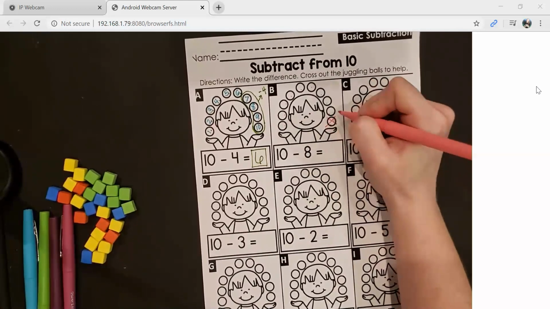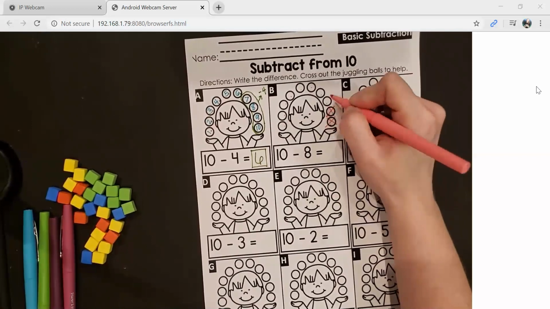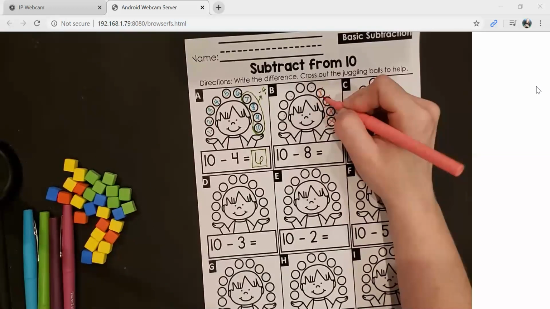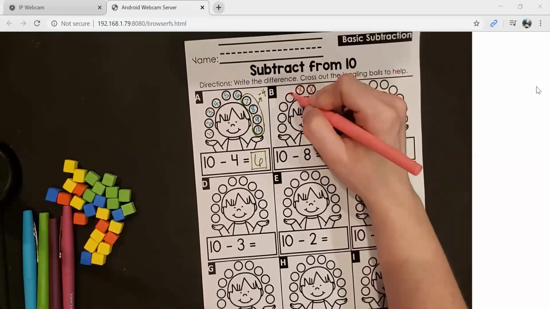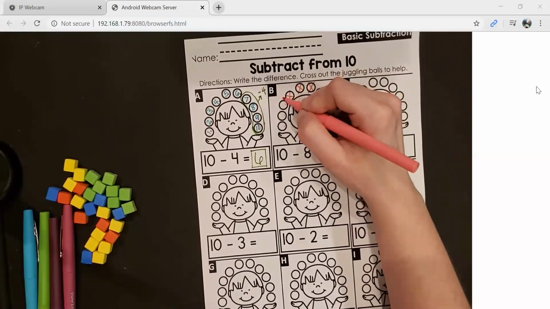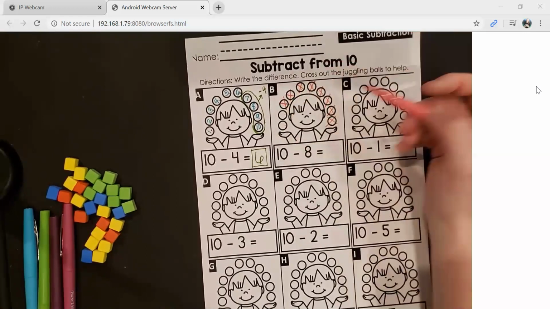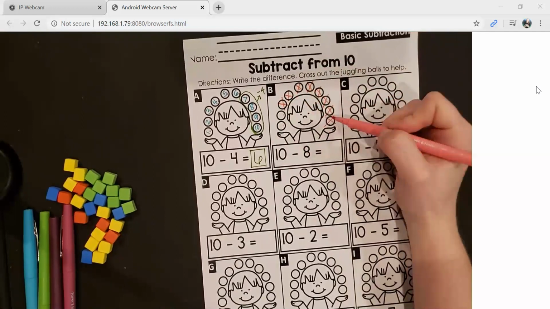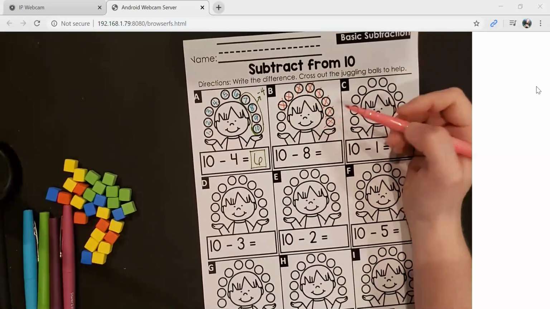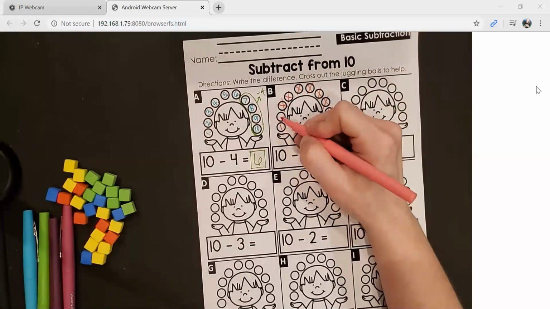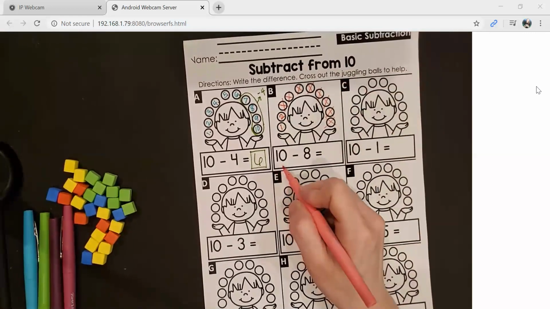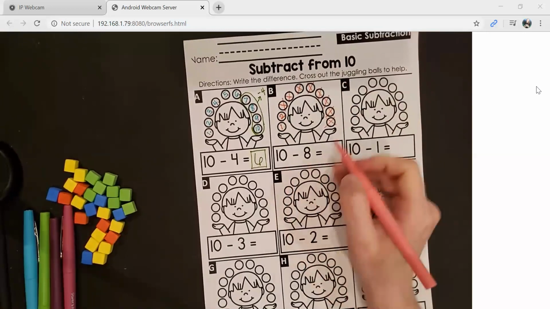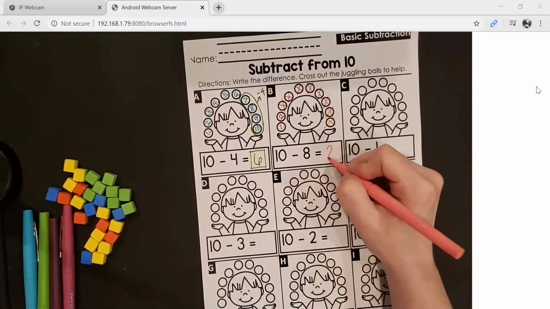1, 2, 3, 4, 5, 6, 7, 8. I have taken away 8 of his balls, and I have 1, 2 left. So 10 take away 8 equals 2 with the